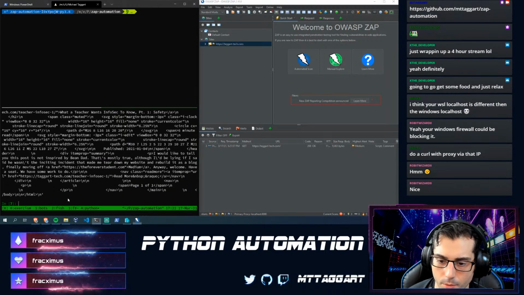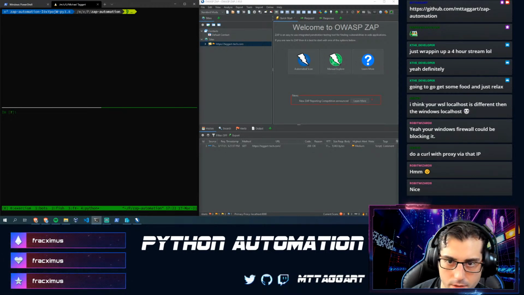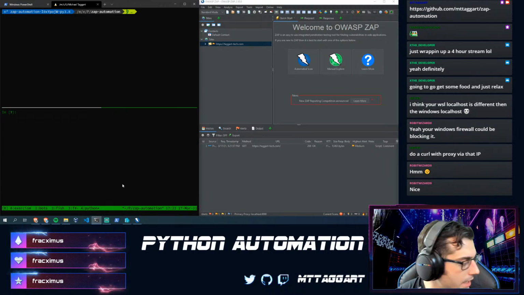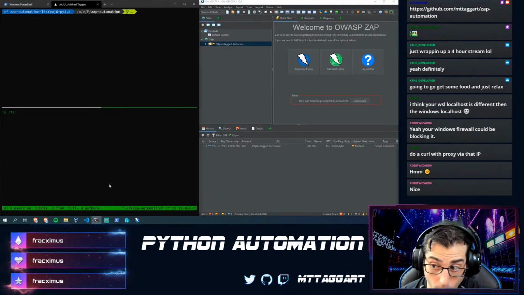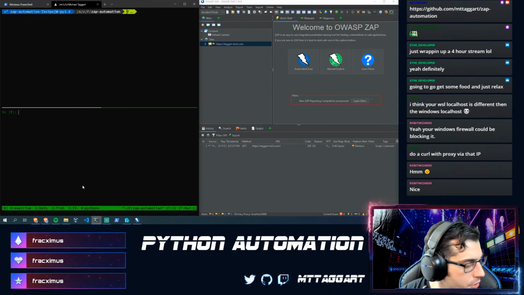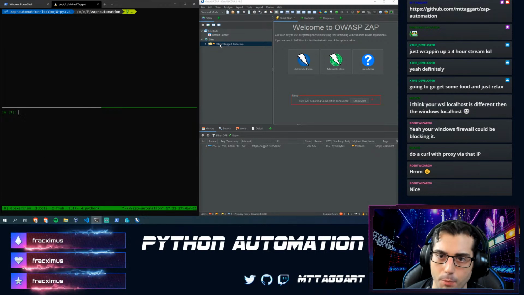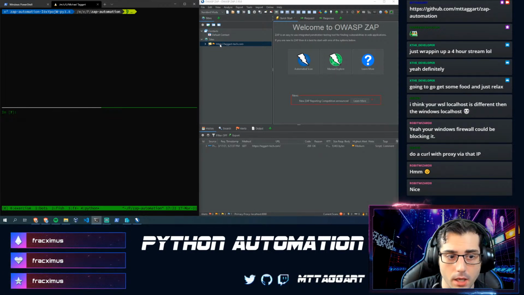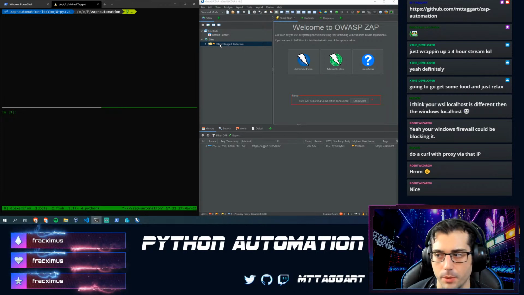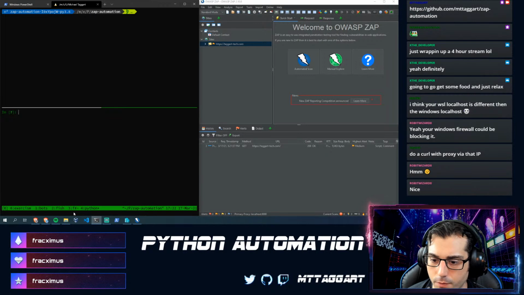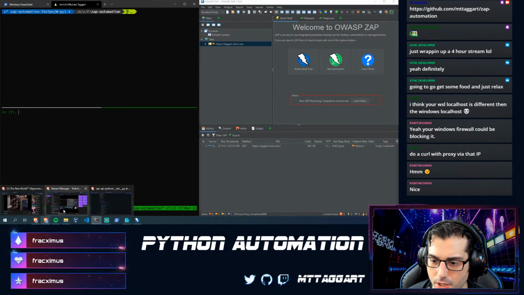So we've got programmatic access to the Zap API, and it's coming up in our display. Now, what can we do with that? Once we have URLs added, the way that Zap works is you have to kind of open a URL first, and then you can do things with it. What kind of things can you do with it? Well, if we look at the API documentation, it gives us some hints.